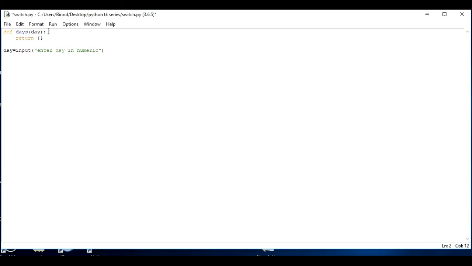This is a dictionary. Suppose this is the dictionary of 1, and make this dictionary list. Suppose this is 1 and the first day is Sunday. We can make this below also, like a dictionary, by giving commas, and when it is 2, let's make it Monday,